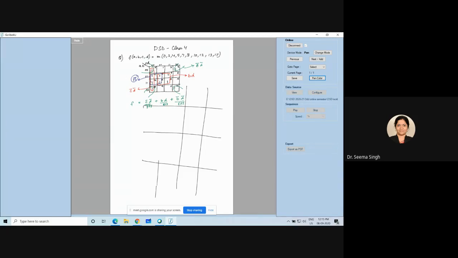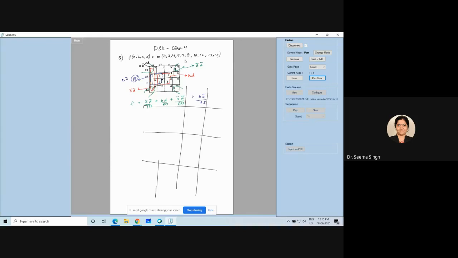So quickly, can you tell me what it gives rise to? It gives rise to B and C bar, right? B and C bar. If I bring B, C bar here, then that becomes a prime implicant. Okay, that becomes a prime implicant.